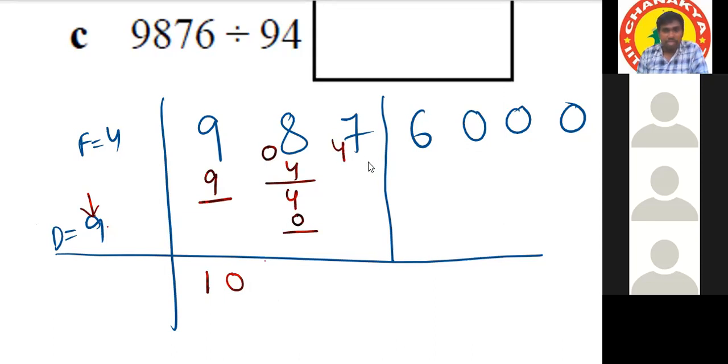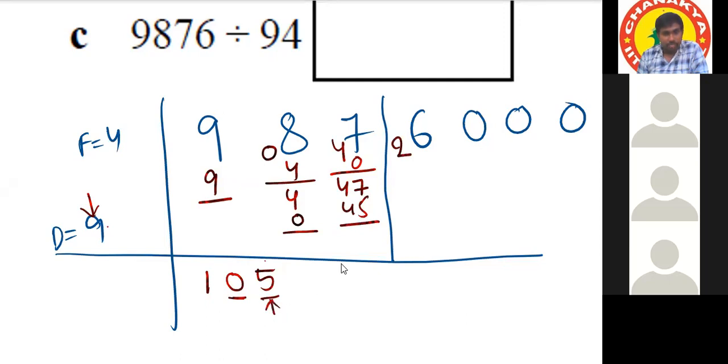Now tell me, in flag multiplication, 4 0s are 0, sir. 47 minus 0 is 47. In that 47, how many times will 9 go? 5 times. 9 5s are 45, and the remainder is 2. Write it before the next digit and go for the flag multiplication with 5.